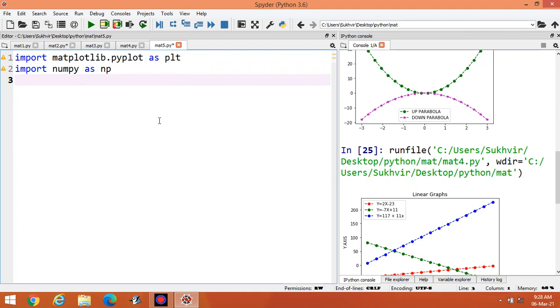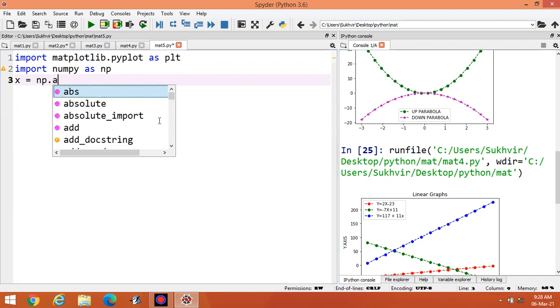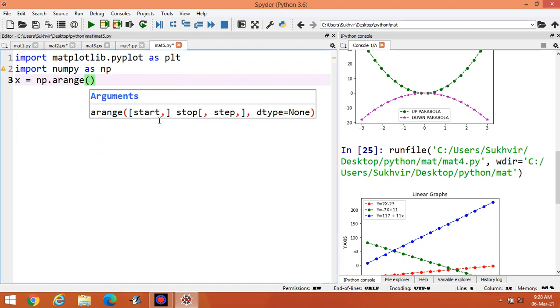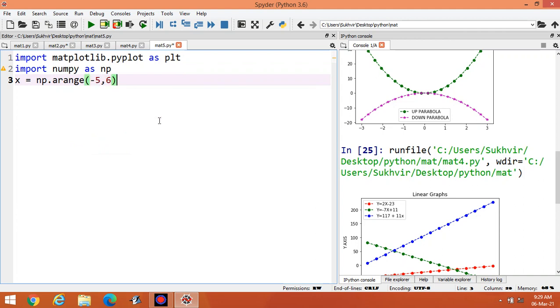After that, suppose I am initializing some values: x is equal to np.arange. Let the values vary from -5 to 6.